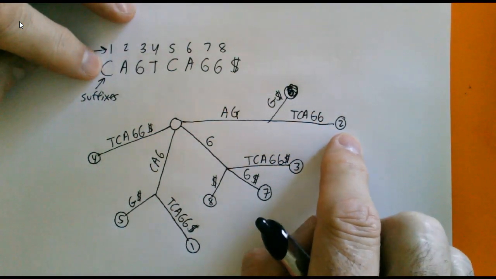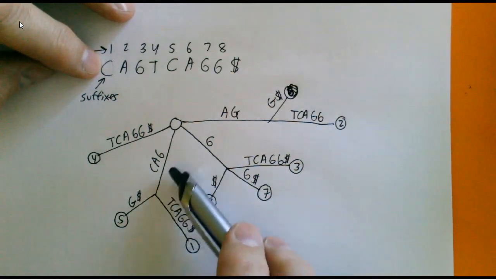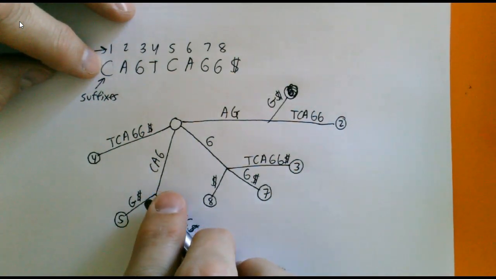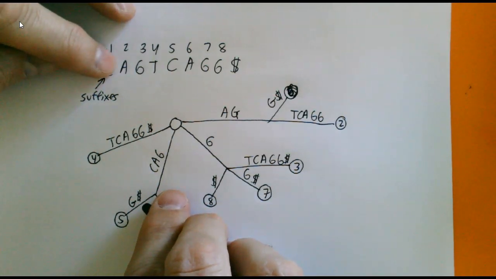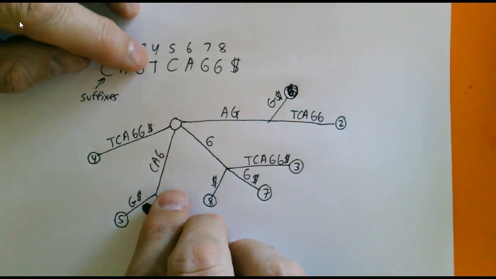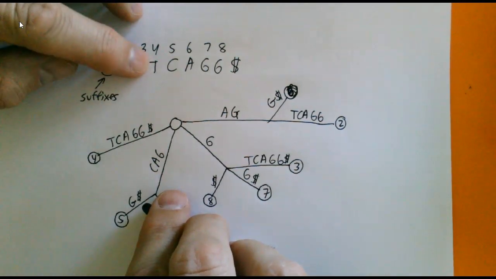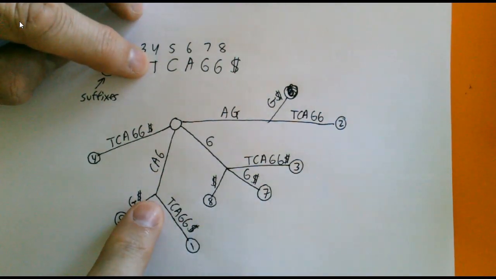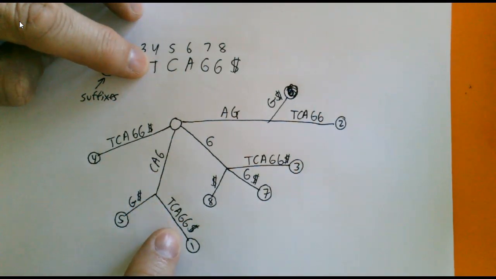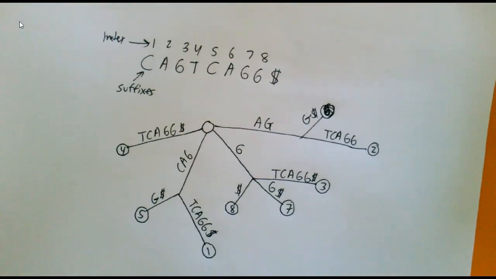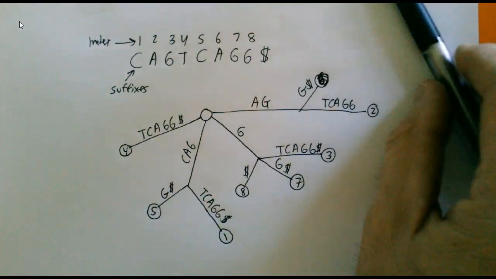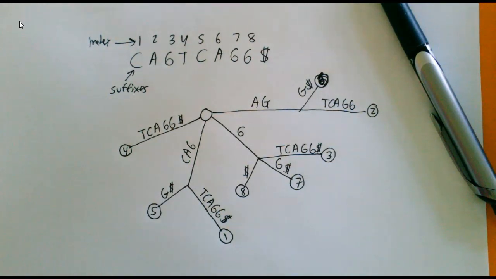And then the last one, we go back down to the C. Of course, we only had, I'm going to cover, we only had this before, which is CAGG. So here's the C and the A and the G. But the fourth letter is a T. It's not a G. So we had to create a new leaf or branch off of that. And that's going to be TCAGG$, and that was from the first index. So that would be the suffix tree for that particular